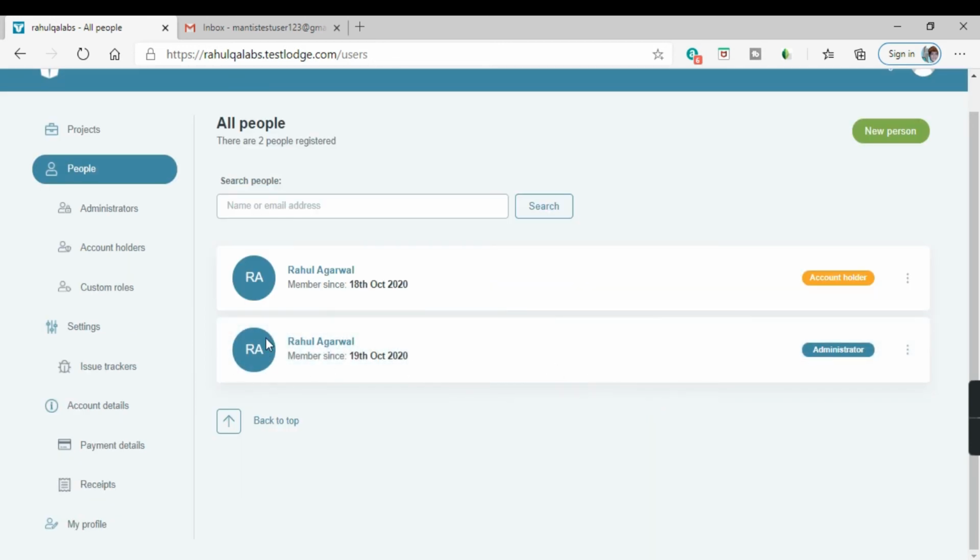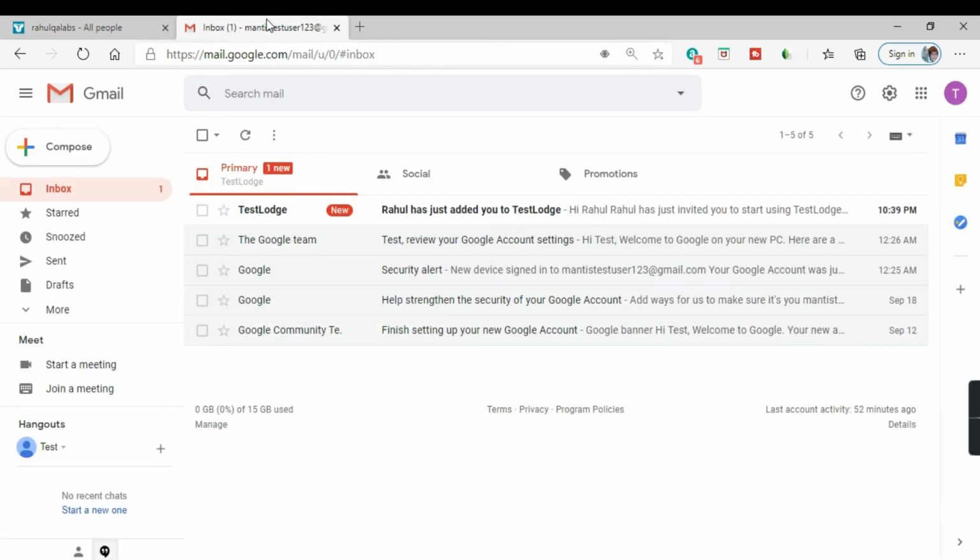See, the person is added here, and this is the date when this person was added, and he is an administrator. As soon as we add a user, that particular user will get an email. So let's see if that user has got an email or not.